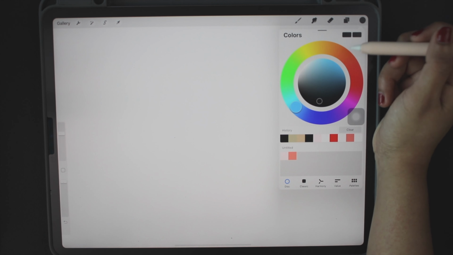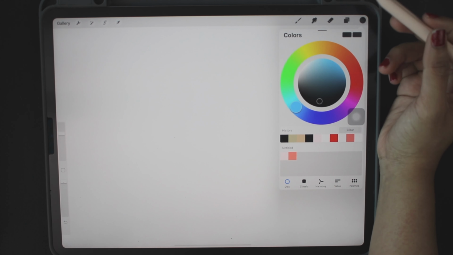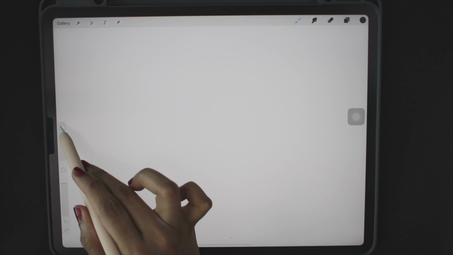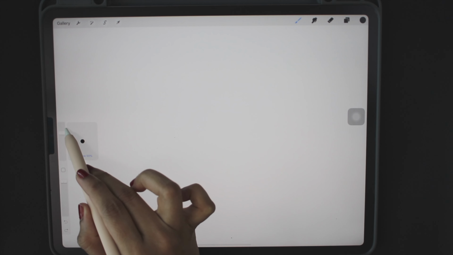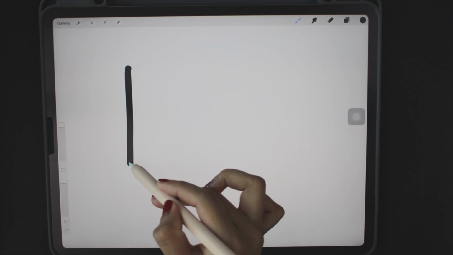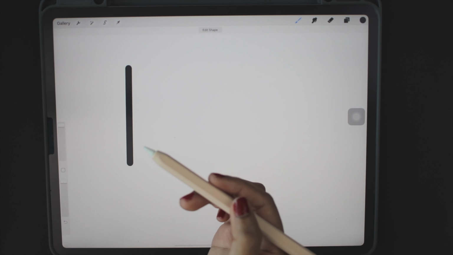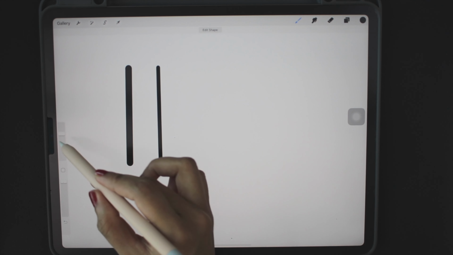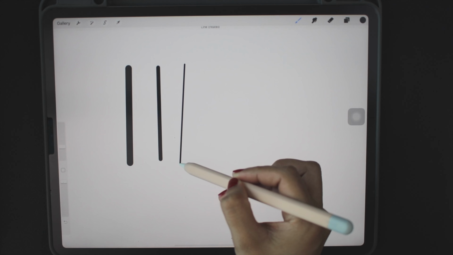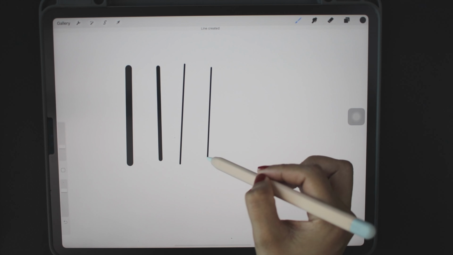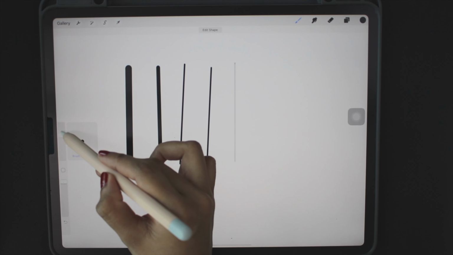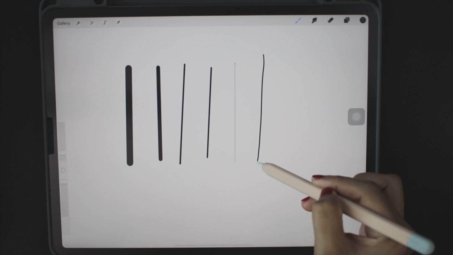This panel is for working with brushes. Adjust this handle to decrease or increase the brush size. For example, this is a thick line. If we decrease the size, the line becomes thin. The bottom handle is the brush opacity. After decreasing it, the line becomes more transparent. Decrease it more, and we can see that the line is really faint now.